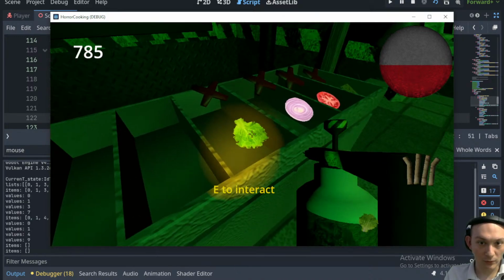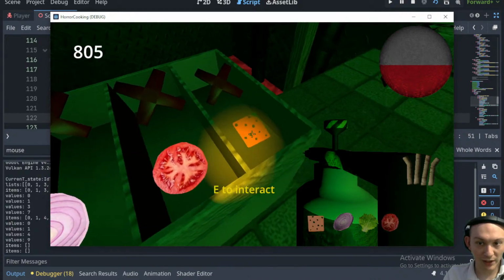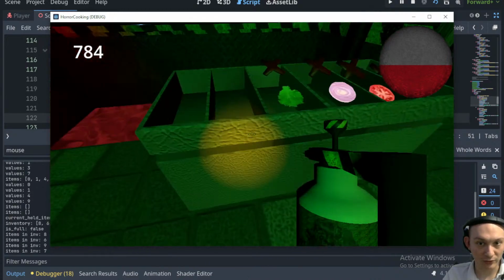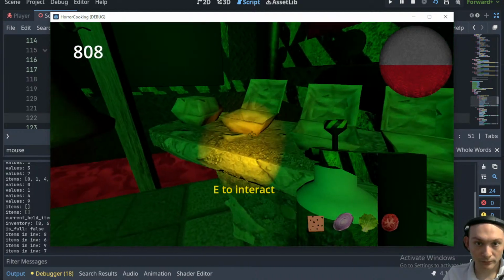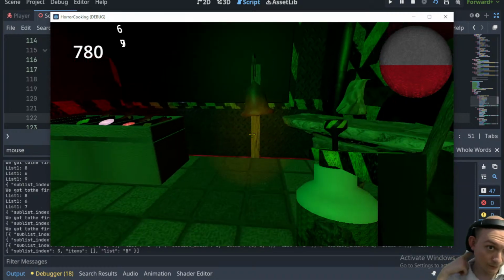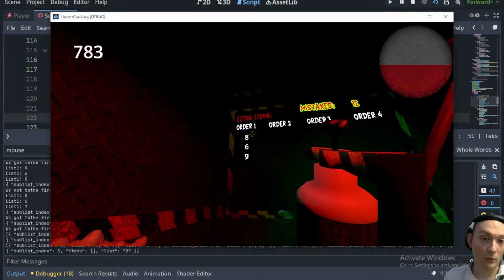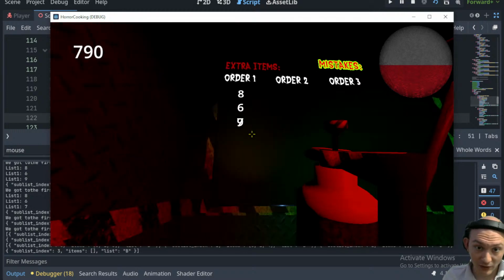Okay, so lettuce, this, and we'll just add everything in there so we know we got some extra stuff. And then we'll throw all these in there, and we'll ring the bell. And cool. So 8, 6, 9, those are looking good. And the 7,